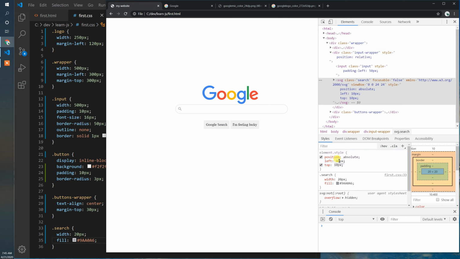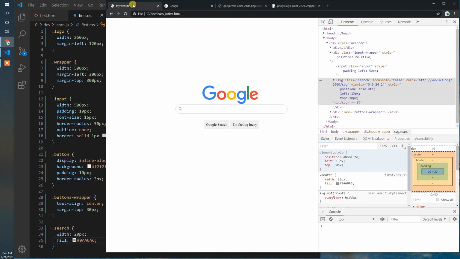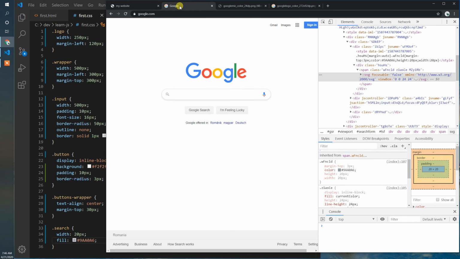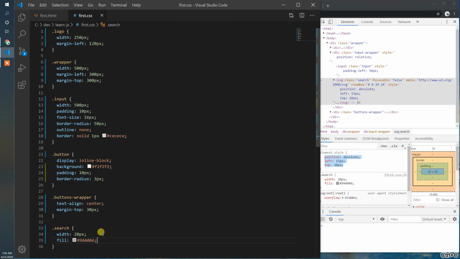I think the left should be a bit higher, like that. I think this input is a bit larger, but we'll get to it a bit later. I think for now it's fine. So let's update the CSS. So we have the search,